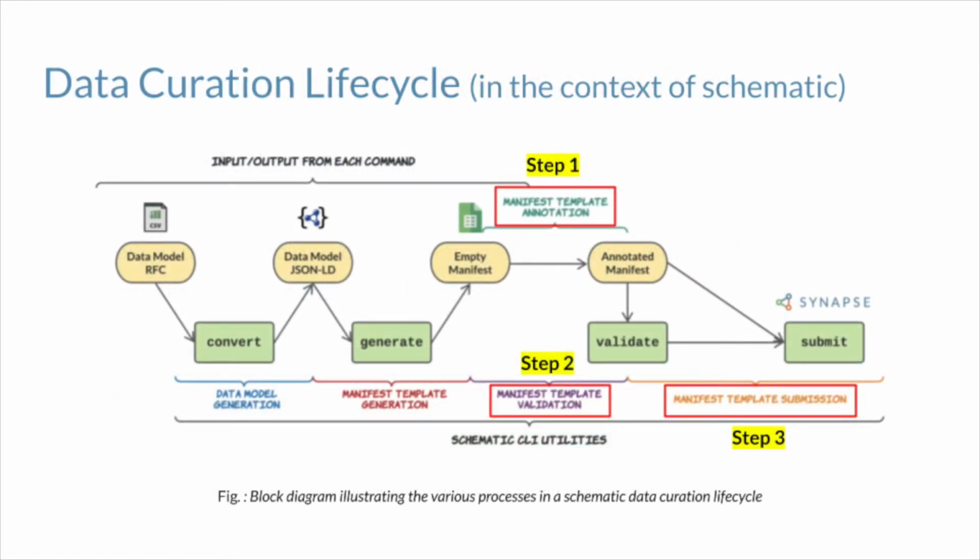In the context of Schematic, there are three main steps that are part of a typical biomedical data curation lifecycle. They are annotation, validation, and submission of metadata. First, some background as to why annotation is important. Experimental data is typically annotated by the biologist or researcher who is responsible for running an assay. Different researchers may annotate data from the same assay differently, and this lack of standardization can cause problems creating downstream QC pipelines, visualizations, dashboards, etc.